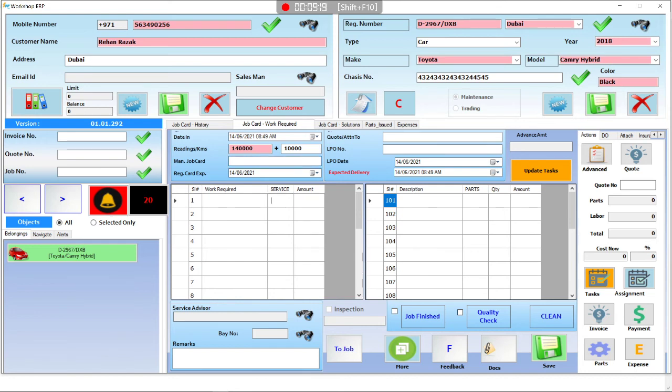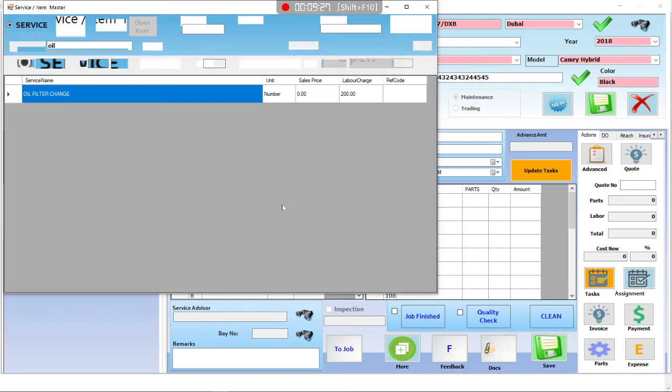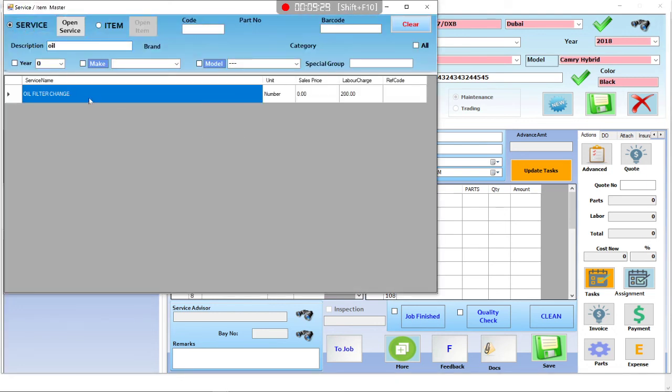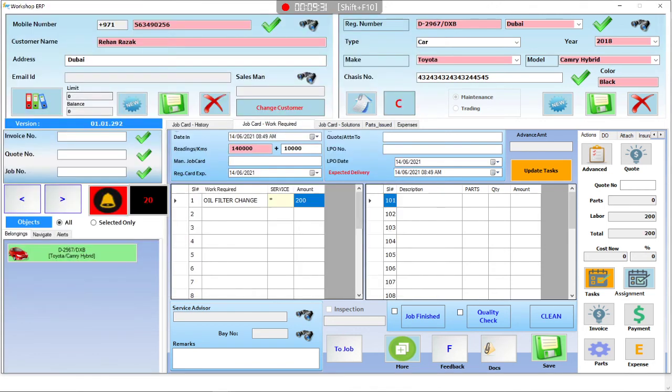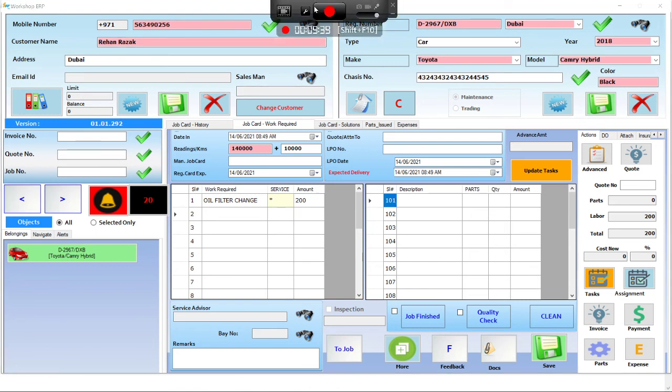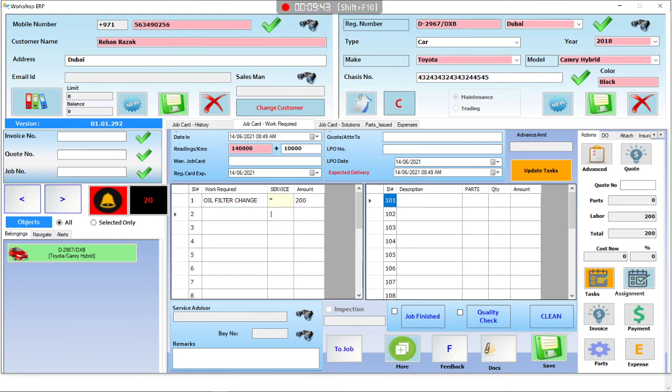Click the services. What is the first service? They want an oil change, oil filter change. And what is the second service they need? Brake pad change.